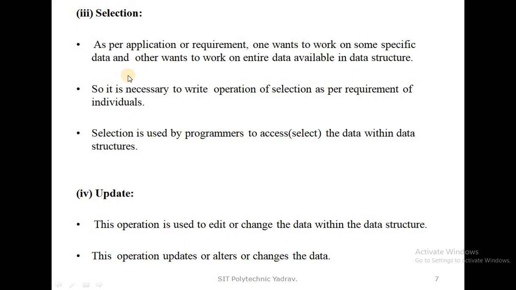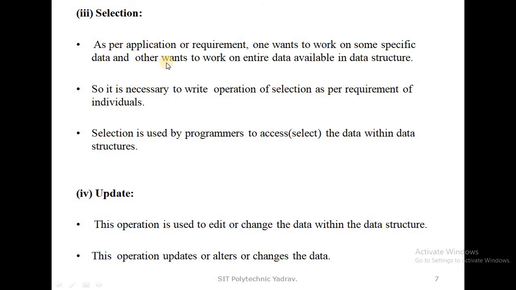For example, two members work on one program: one wants to work on some specific data and the other on the entire remaining data. So it is necessary to write selection operations as per the requirements of individuals.